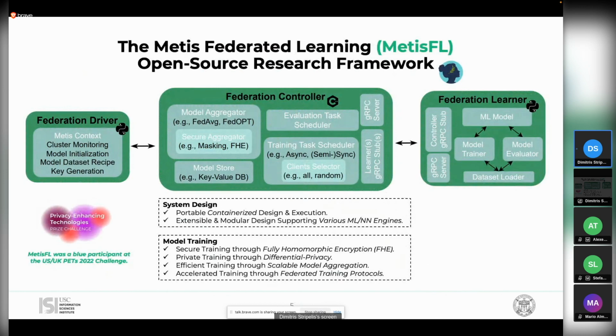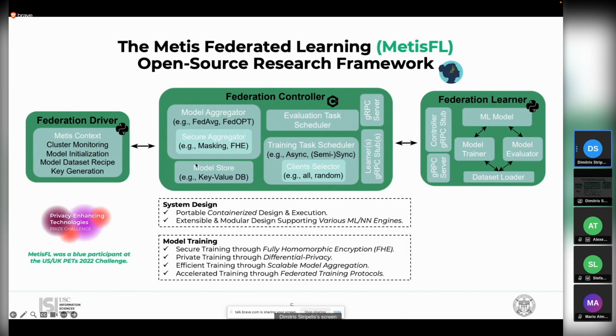Here today, we're also going to discuss different learning frameworks, and I'll start by showing the learning framework that we built at USC for research purposes. MetisFL consists of a federation driver, which is responsible for orchestrating and deciding the federation that is going to train the model.